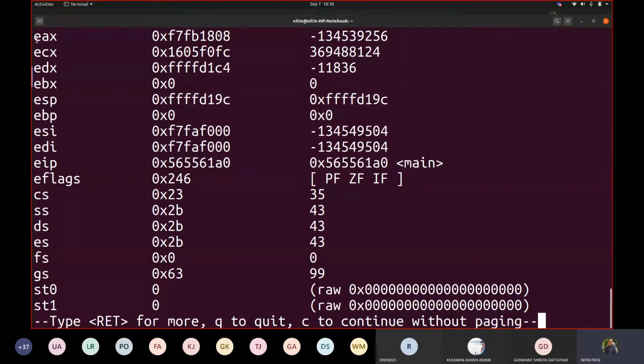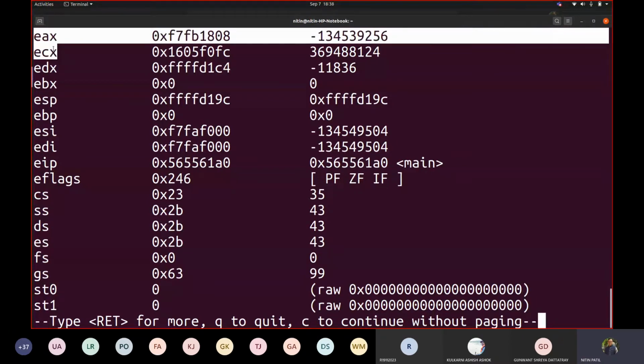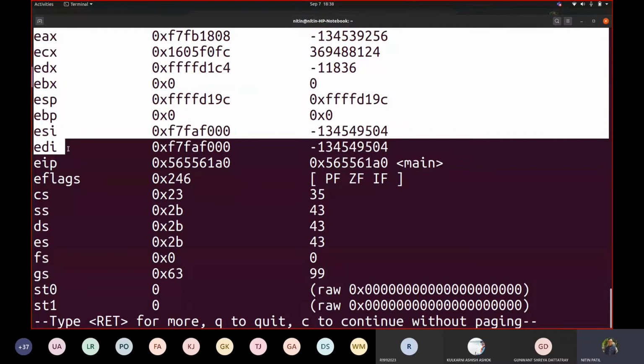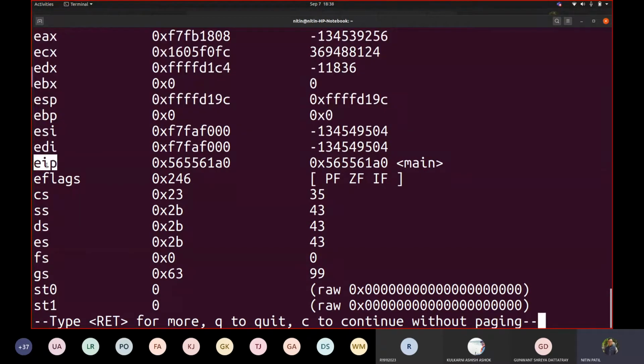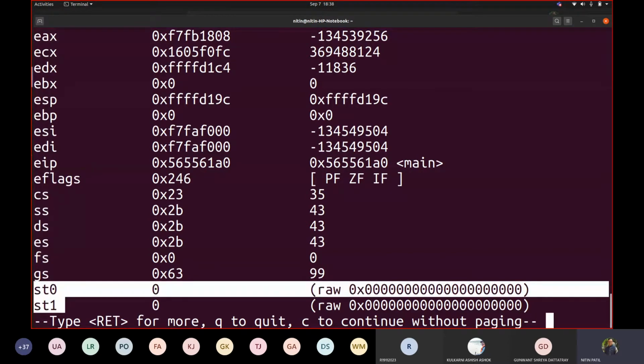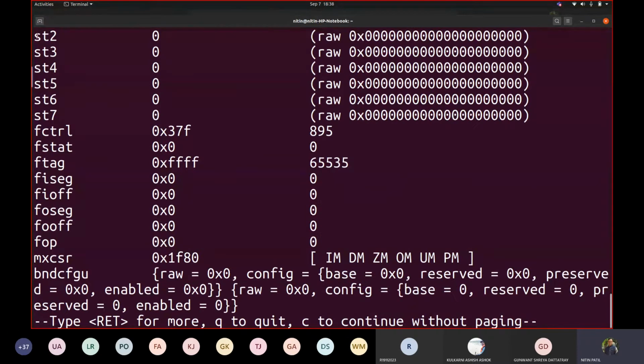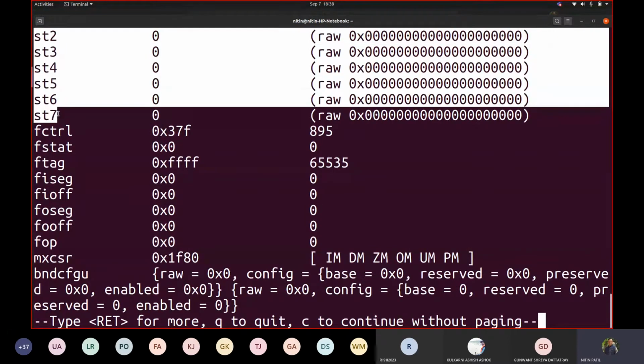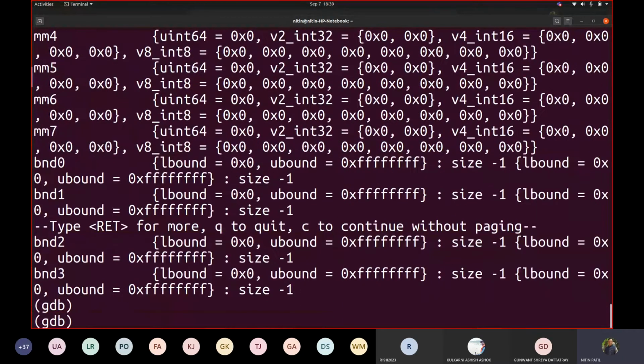Now these are the registers that we are going to make use of here. Mainly we are going to make use of EAX, ECX, EDX, EBX, ESP, EBP, ESI, EDI. This is the instruction pointer or program counter. This is the flag register. We will be talking about it afterwards. Towards the bottom, there is something called ST0 and ST1. Similarly, if I go on by pressing enter, I should see ST0 to ST7. These all are floating point registers, about which we are going to see in detail towards the last part of this course. And if I move further, there are a few more registers included.